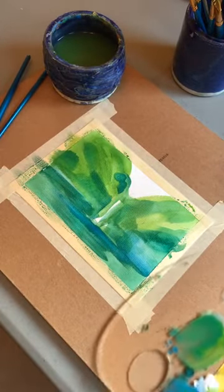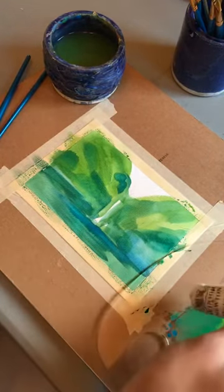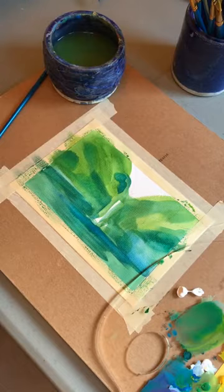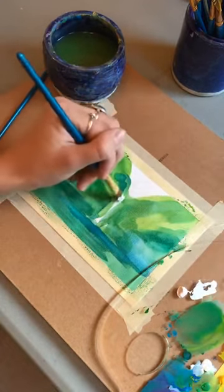Okay, so I'm going to just move this along. And then once I get to a certain point, I'll just move on to the second one. I'm just going to...